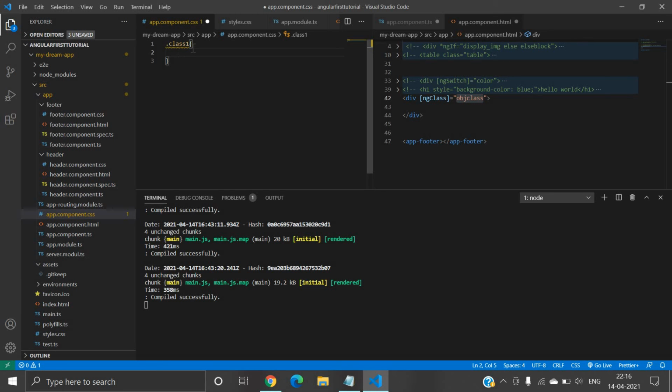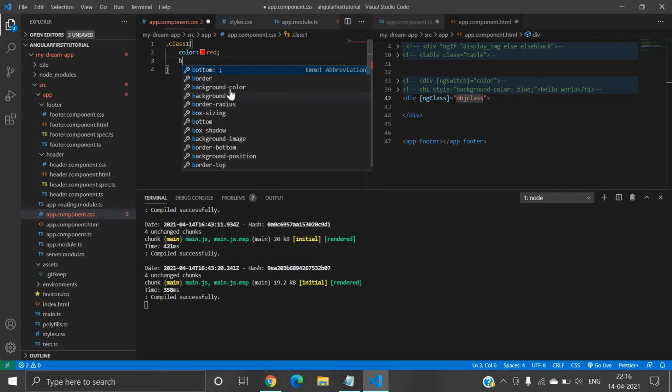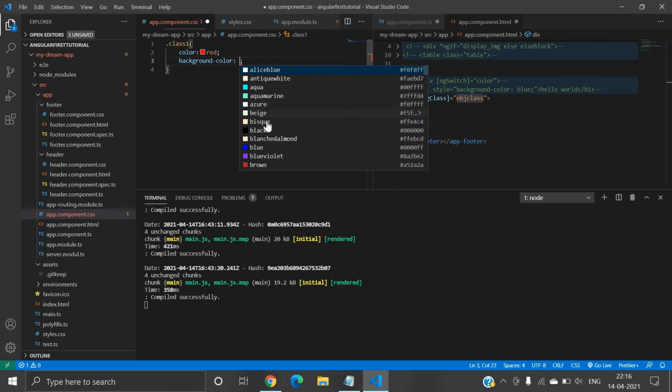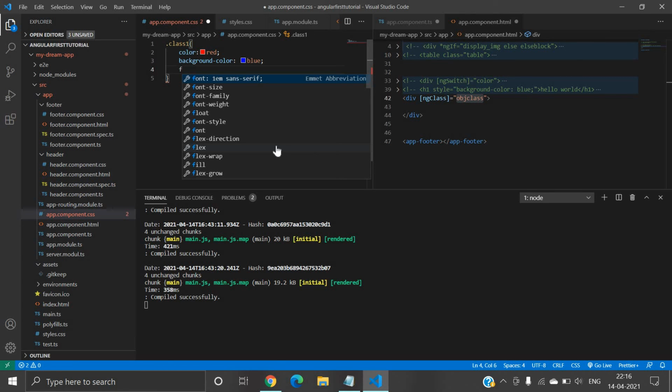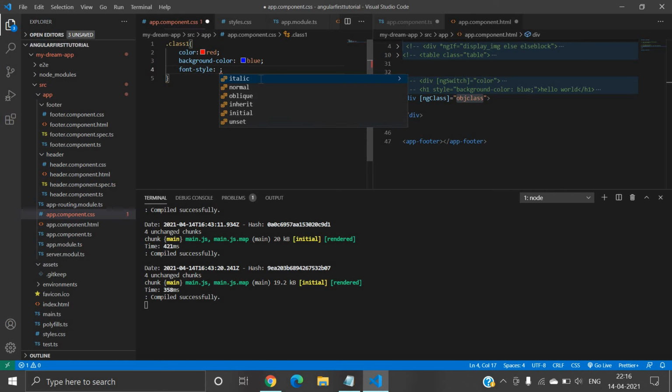I will write here color is red, and I will also set the background color, you can use any color, let's say blue. After that I will use font style, suppose italic. And you can create multiple classes.